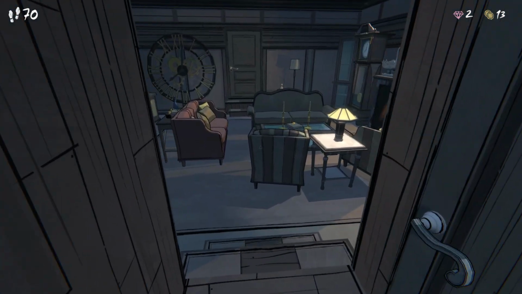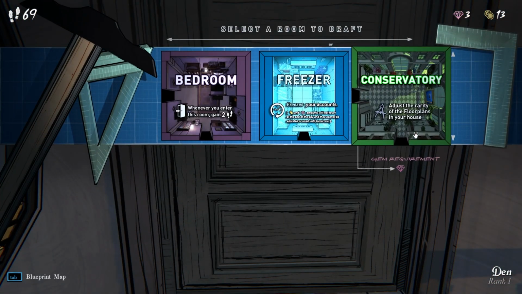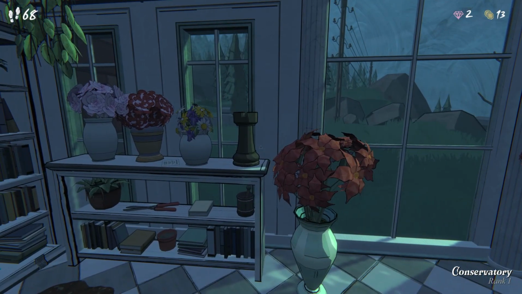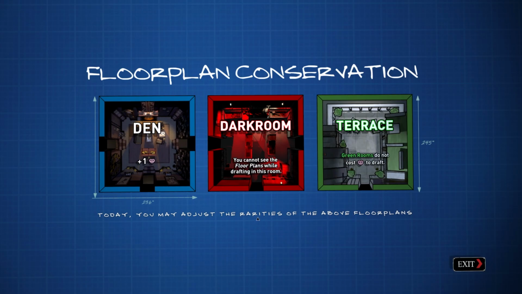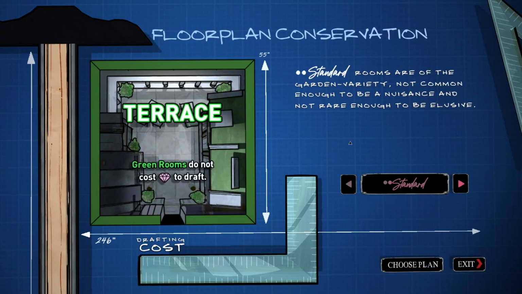Okay, den here. Conservatory. Let's do it. Ooh. Conservatory is a rook room. Let's make sure we're scanning each room we go into from this point on. Okay, this is already commonplace. That's fine. I like it like that. Dark room, we're going to leave like it is as well. Terrace, we're going to keep...